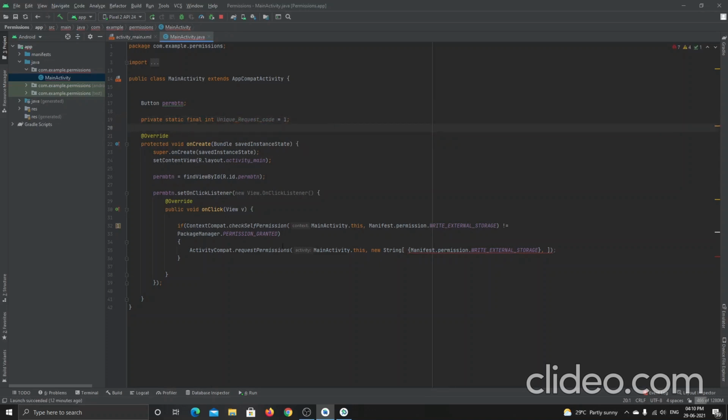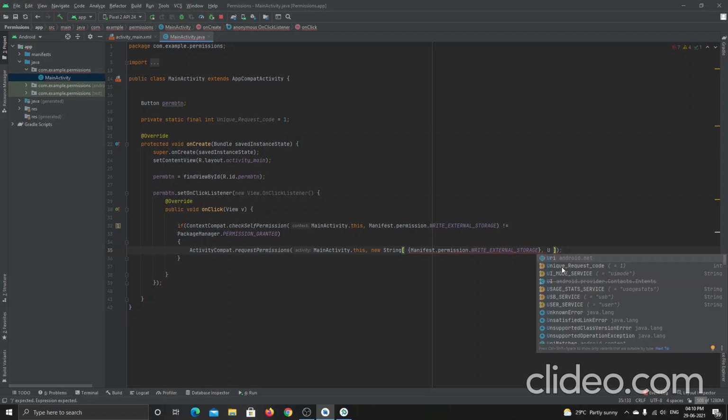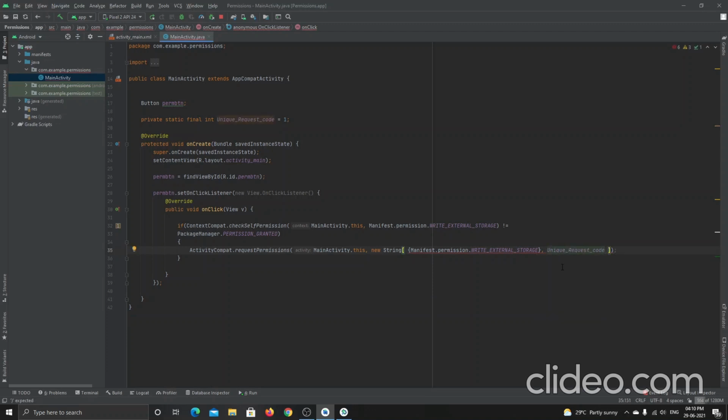Now I will go into this request permission and ask the user to permit. Here I use the activity and this, which permission I want to ask for, and then comma, the unique request code, which is equal to 1.